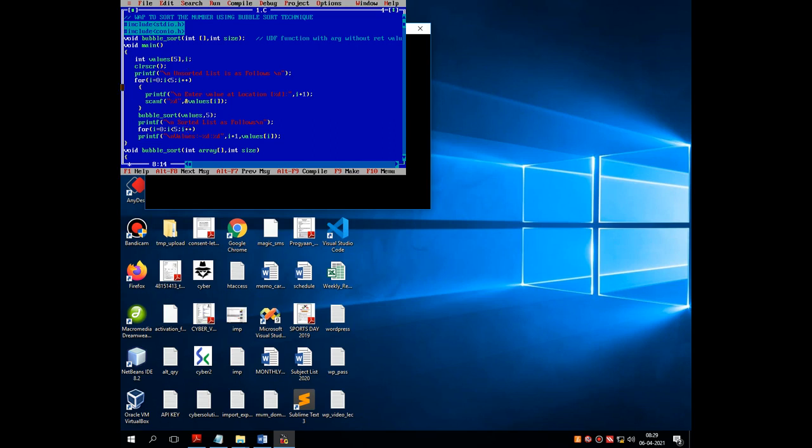Then there is a clrscr statement, printf unsorted list is as follows. That means it indicates the user that I have to enter any 5 values. For entering any 5 values, here I have mentioned one loop, which starts from 0 because array always starts with 0. So over here I have written for I is equals to 0, I less than 5, I plus plus into the bracket.